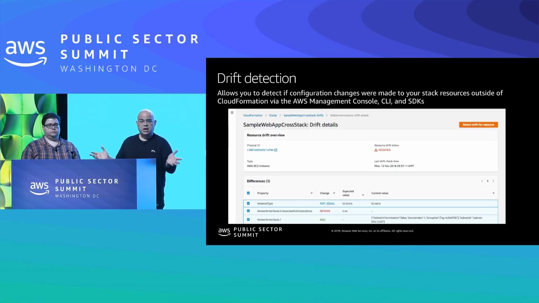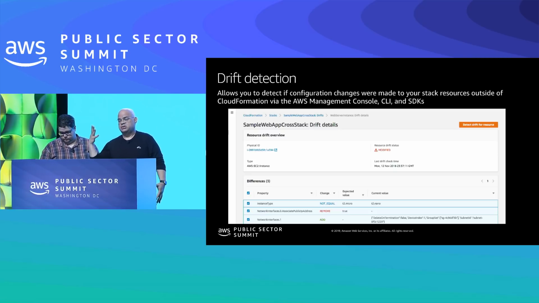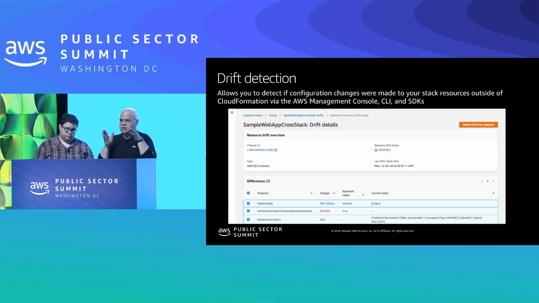However, in many companies, for a myriad of reasons, they will let people change the resource directly, especially if, for example, you have some kind of scalability or critical event. But now the configuration of the resource is going to look different than what the CloudFormation metadata keeps on the stack and what you keep in your template code. So drift detection is an ability to go by stack or by resource and check if the configuration of this resource has drifted, has changed, from the state that I put it in the last operation that I did on the stack.